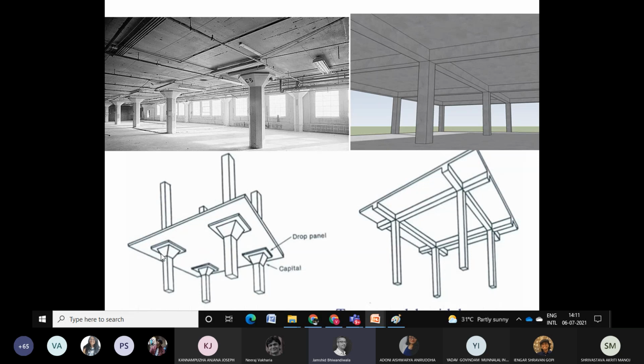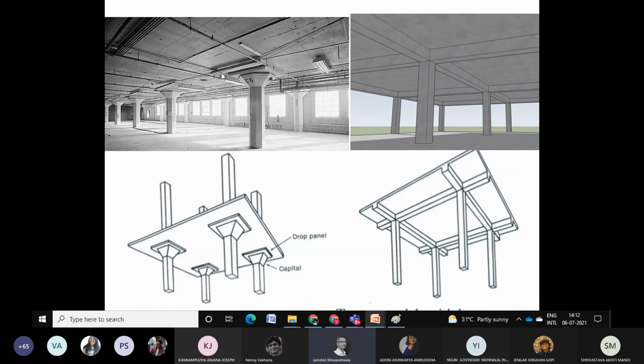So I am going to have hidden beams within this thickness of the slab, but naturally, because I don't have beams, there is a possibility that at areas where the load transfer takes place there could be a puncture. I could puncture the slab with these columns. In order to strengthen those areas and make sure that load transfer from the slab to the columns takes place, I have something called drop panels and capitals. Drop panels, as you see in this photograph above, and that's how a flat slab looks in a basement or a warehouse without the beams.